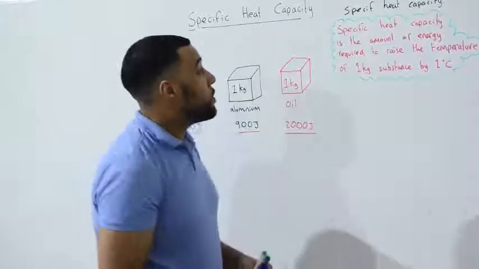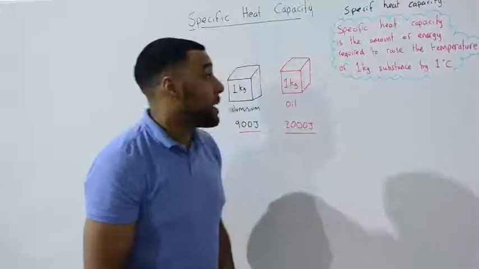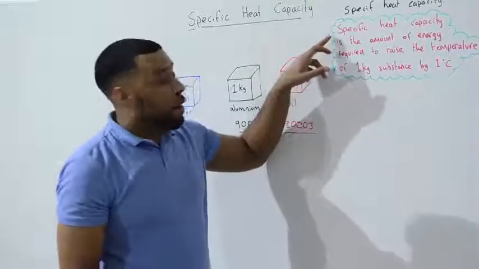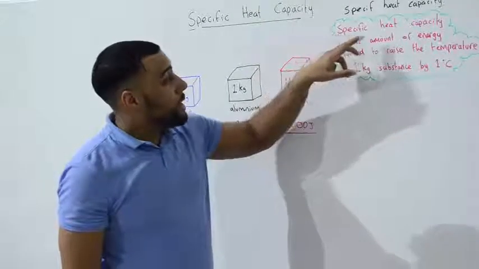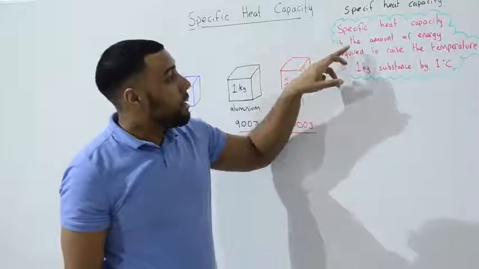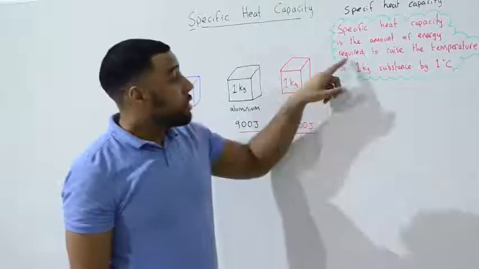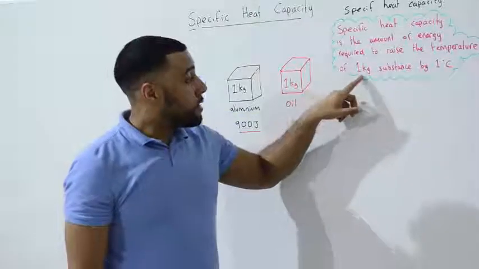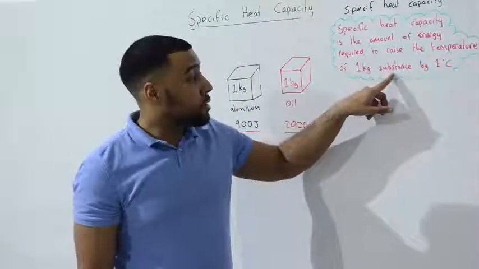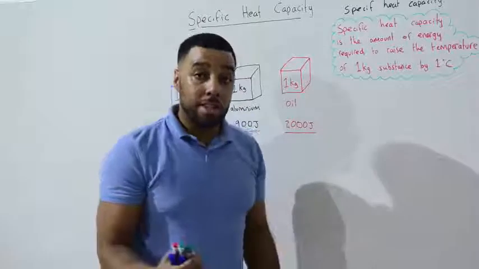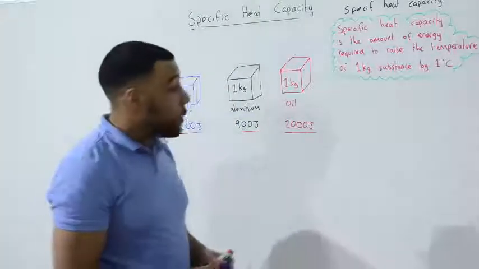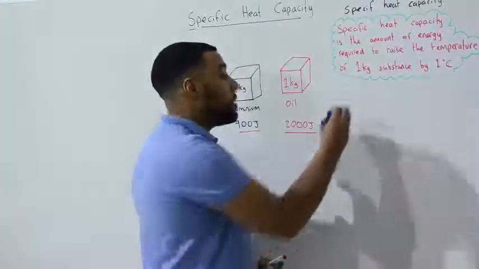And the definition for specific heat capacity, it is one that you need to remember. It is quite long-winded, but specific heat capacity is the amount of energy that's required to raise the temperature of 1 kilogram of a substance just by 1 degree C. And the equation that we use to calculate the energy